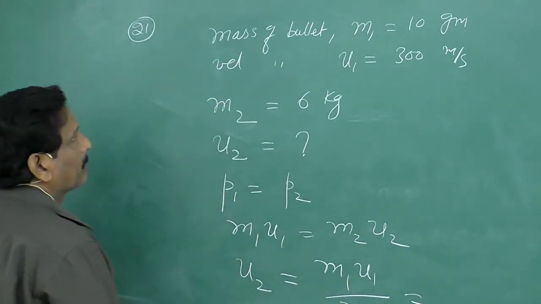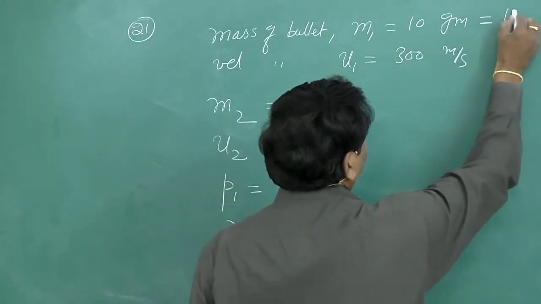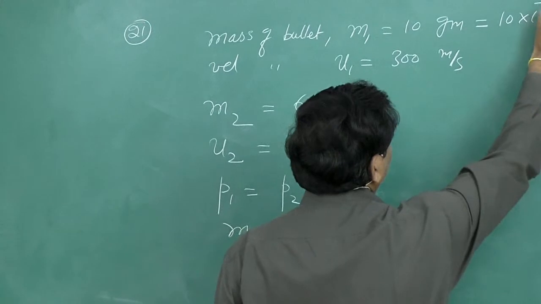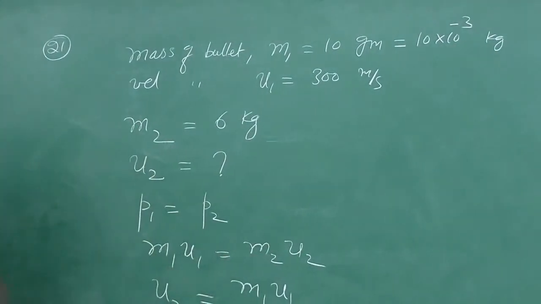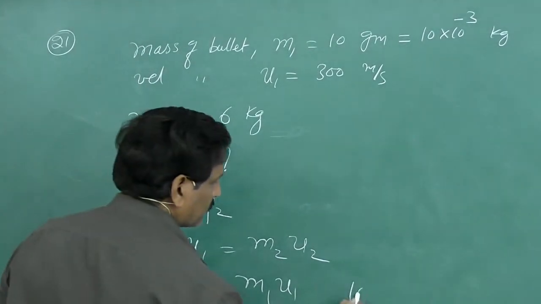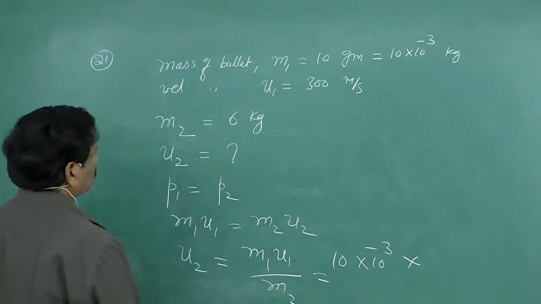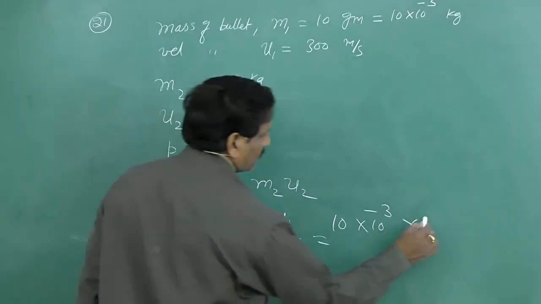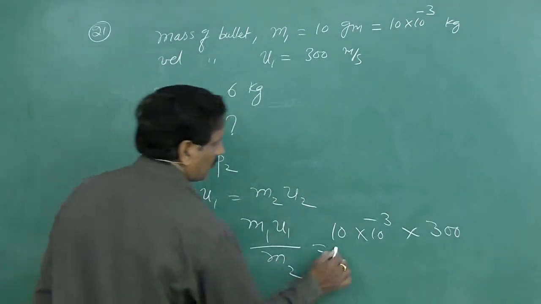So M1 equals 10 gram. This 10 gram should be converted into kilogram. So the multiplication factor is 10 power minus 3 kg. So 10 into 10 power minus 3, into initial velocity, that is velocity of the bullet, 300,